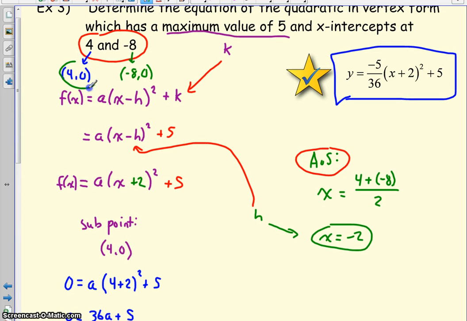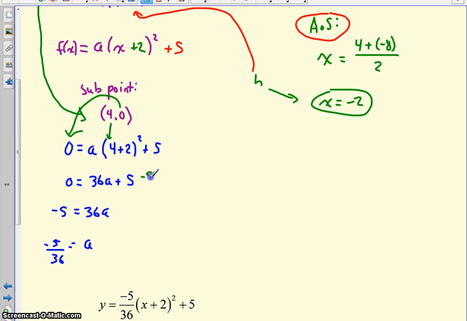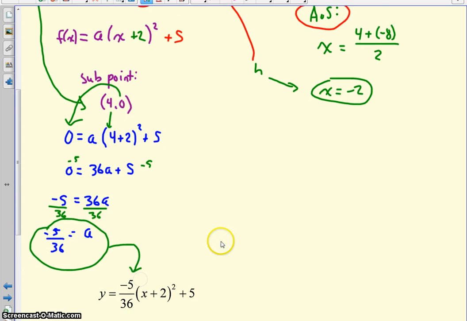I personally chose the point 4, 0 because it was easier to work with. There were no negatives involved. So it just makes the math slightly easier. So I sub in 4 for x, 0 for y, and then I can solve for a. I'm following BEDMAS here. 4 plus 2 is 6. 6 squared is 36, so I get 36a plus 5 on the right side. And I subtract 5 from both sides of the equation. Then divide both sides of the equation by 36. So I get an a value of negative 5 over 36,